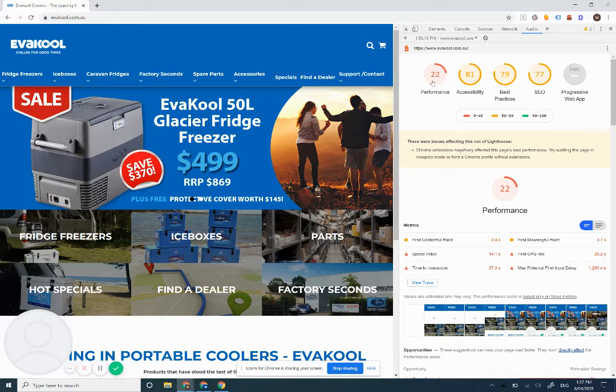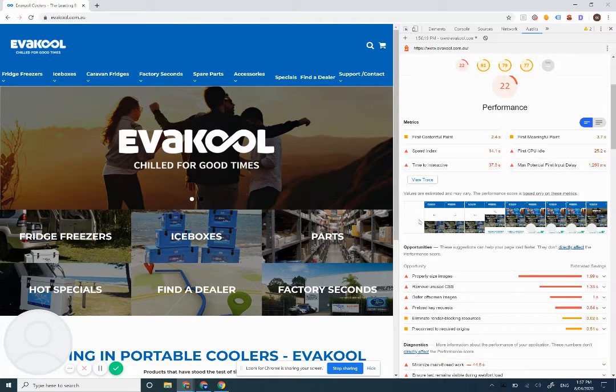So the first one is obviously the performance. The performance directly deals with the speed of the site. And as you can see, these rectangle boxes at the bottom, Google shows you second by second how the loading of the website happens in the browser. And you can see that towards probably the fifth or the sixth second, the paint actually begins to